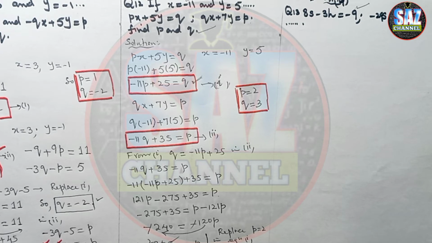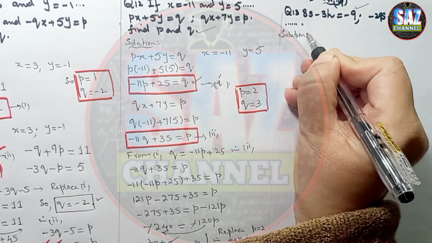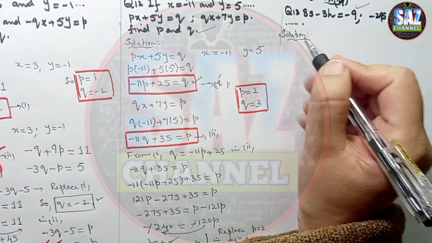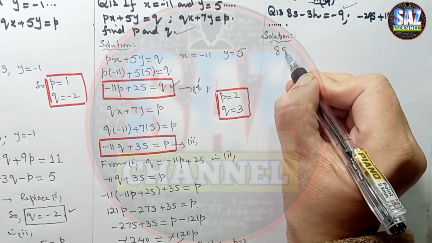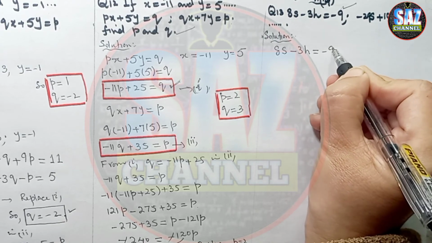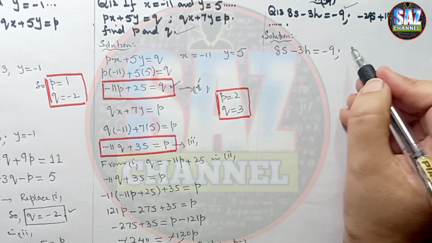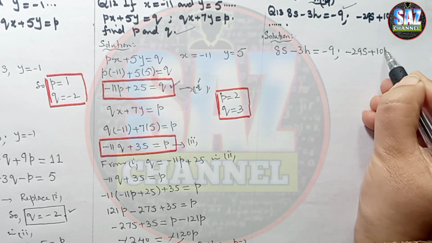Find the height above the ground and the time when the cat meets the mouse. In order to find the height where the cat meets the mouse, we have to solve these two equations simultaneously. First of all, we have to write both the equations carefully. Equation 1 is 8s minus 3h equals minus 9, and the second equation is minus 29s plus 10h equals